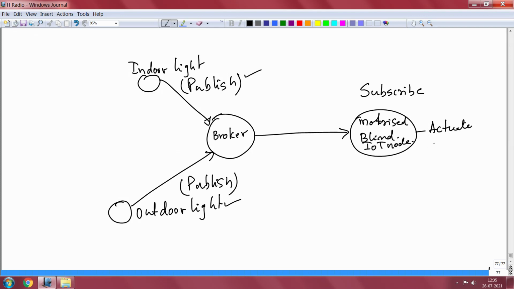As I mentioned, what does it need for actuation? It needs direction, open or close of the blind, and the amount of distance it has to go. I call it the number of pulses, which is nothing but the motor drive will have to be given some pulses for a certain duration, so that it will move for a certain distance. Direction and distance, call it.